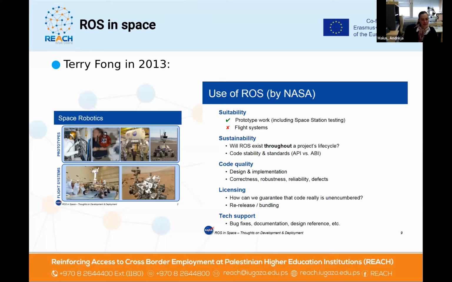I decided to present here just, for example, how through the years, if you remember how I explained how ROS was gradually developed up until now. Through the years, also the framework got better, and the goal was to be able to be used also in really real situations. So Terry Fong, who is a director of Intelligent Robotics Group at NASA, had a nice presentation in 2013 where he explained